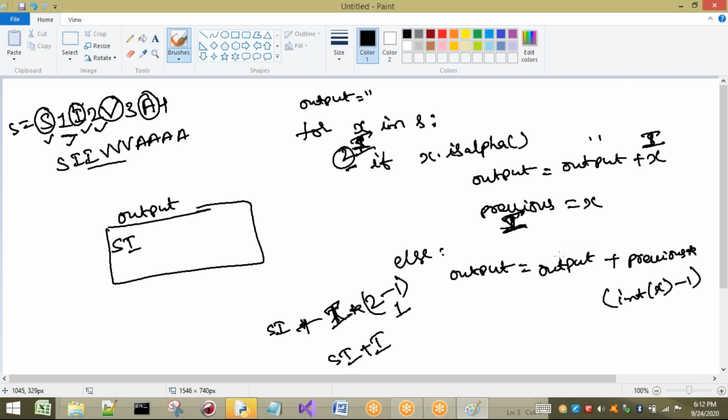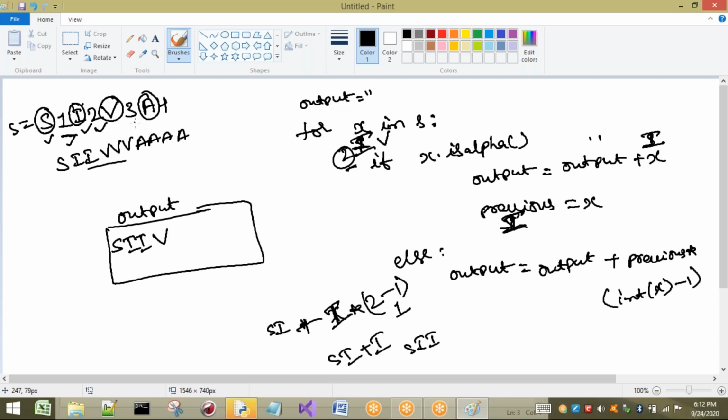So where is it going to be stored? In output. Already Si is there in output. Now what will the output be? In output we are going to have I. Okay, this is completed. Next, I'm going for what? Again the loop is going to be continued. What will the value be here? V now. So V will be stored and it is assigned to this one.